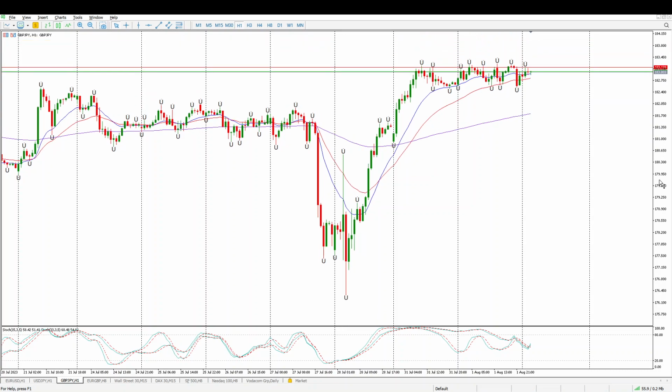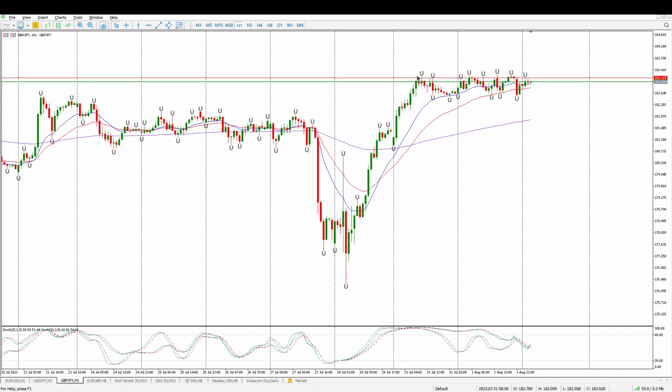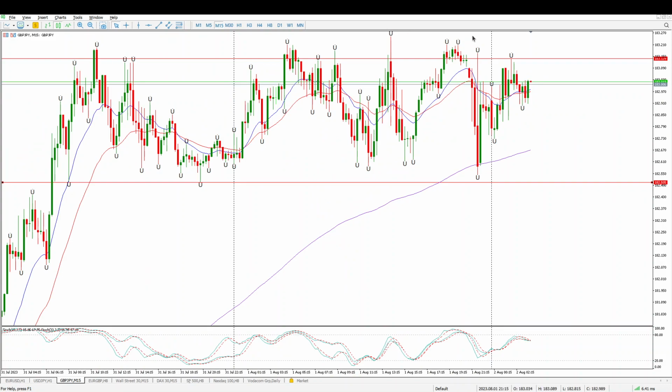So you can see, sorry, the day before was the move up, and then we were looking for a pullback today onto structure. The only thing that did happen is we just formed a proper range. So until we break these levels to the upside and come back and test, or alternatively break this to the downside and come back and test, there is no trade. So right now this is range bound, dangerous, and if you look at it on the 15-minute, you'll see definitely not something you want to be trading.